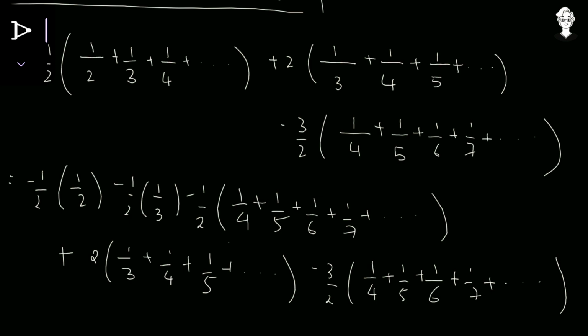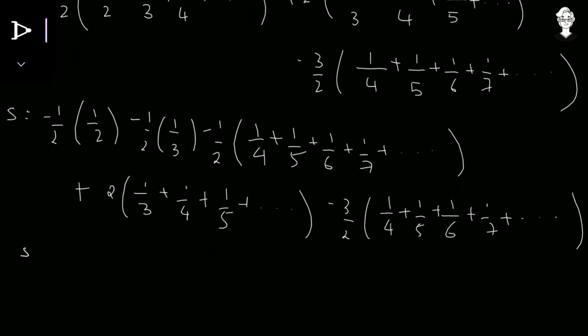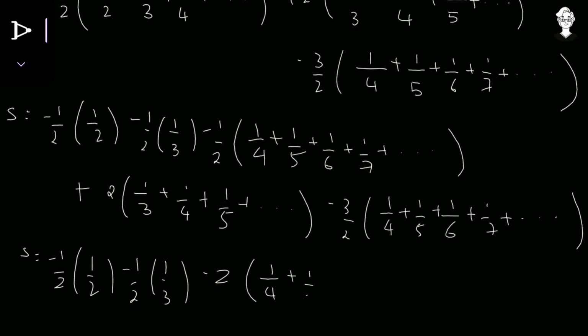So now you might have got why we didn't open the bracket over there, because we can observe that this and this are like brackets, so we can simply add -1 upon 2 and -3 upon 2 and that thing is going to be equals to -2. So now what we have is that s is equals to -1 upon 2 multiplied with 1 upon 2, -1 upon 2 multiplied with 1 upon 3. This and this added because of the like brackets gives me -1 upon 2, -3 upon 2 is -4 upon 2, so it becomes -2, and the bracket as it is, 1 upon 4 plus 1 upon 5 plus 1 upon 6 plus 1 upon 7 up till infinity. Okay, and plus this thing.